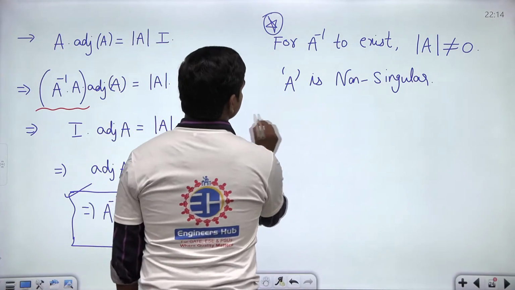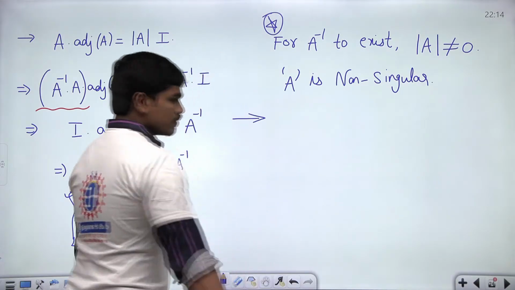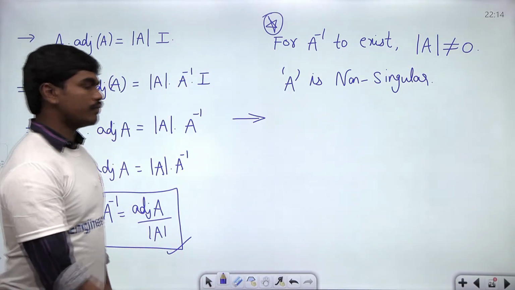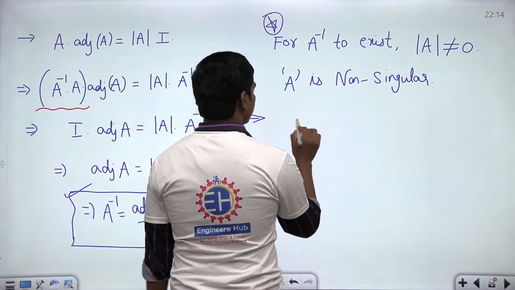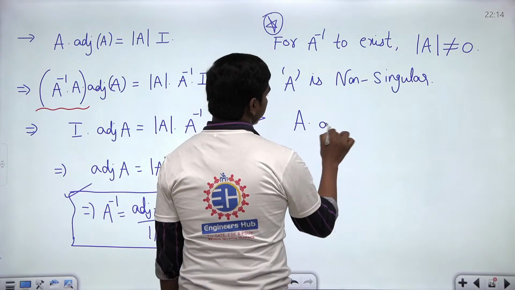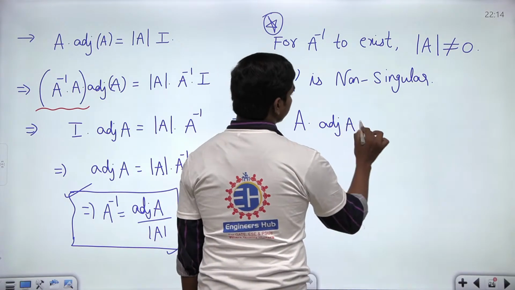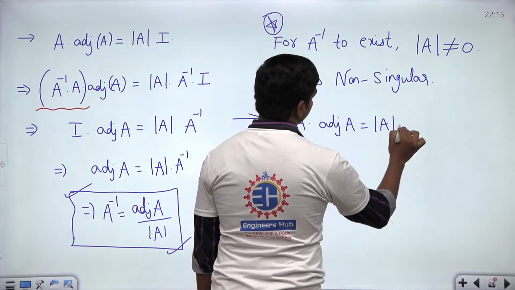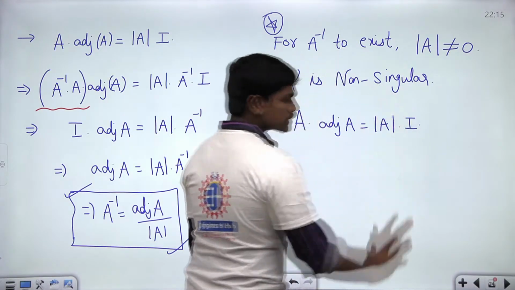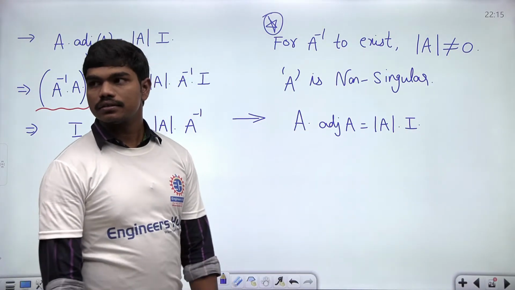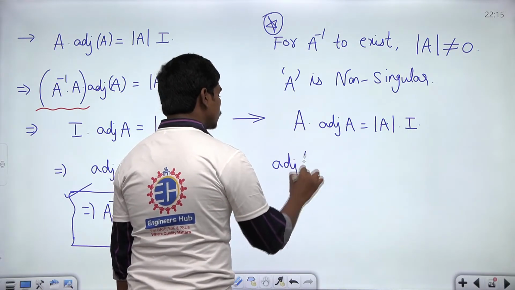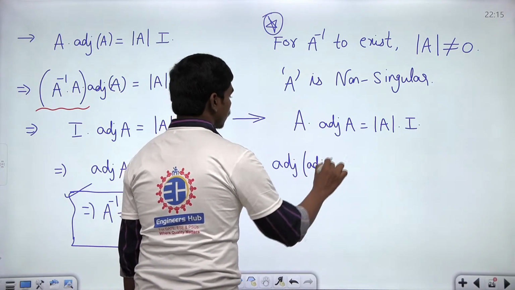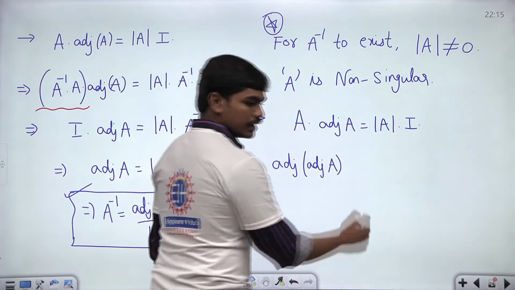Okay, so see here. Now one thing is very clear, for A inverse to exist, this is how it should happen. Next, we have A times adjoint A is equal to det A into I, correct? Using this result, let us suppose, can I calculate the formula for adjoint of adjoint A in terms of